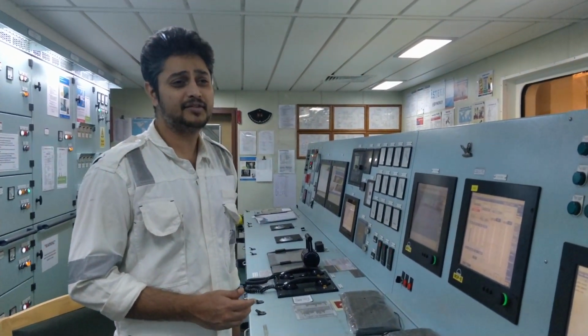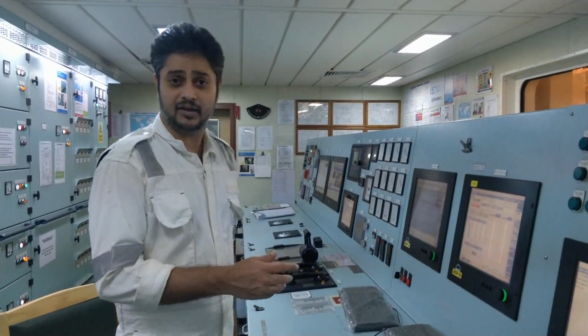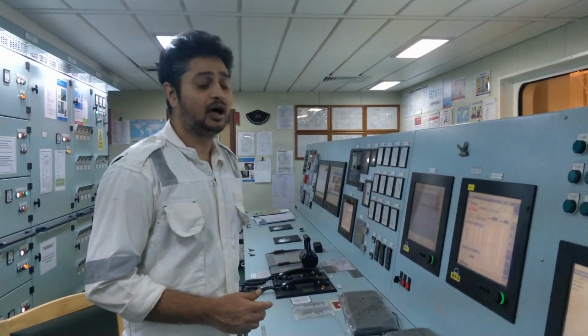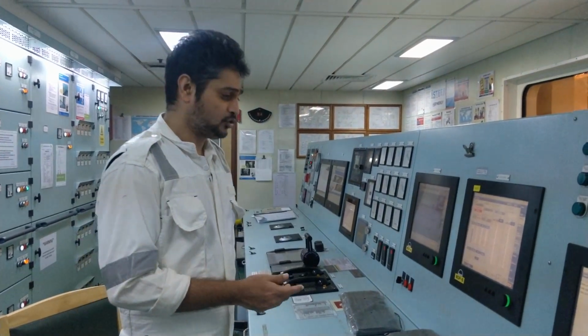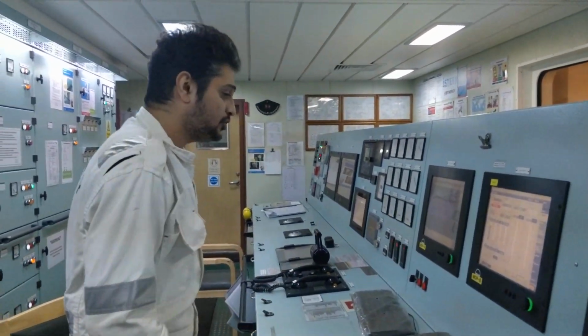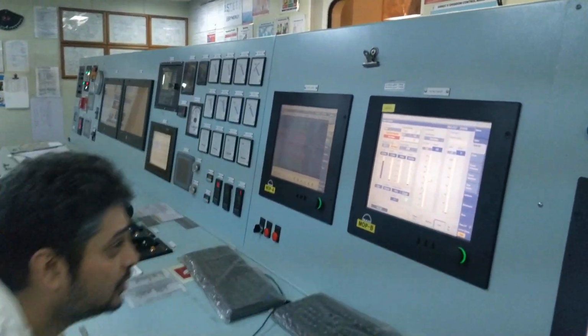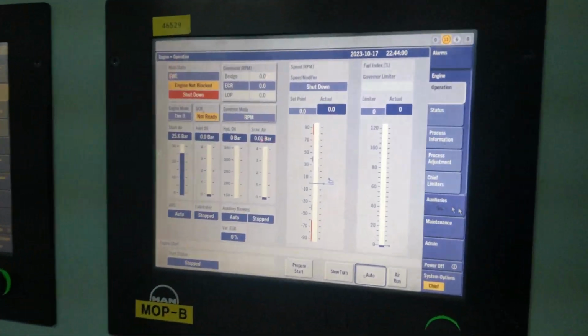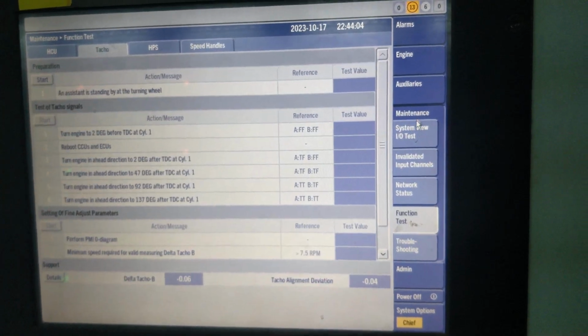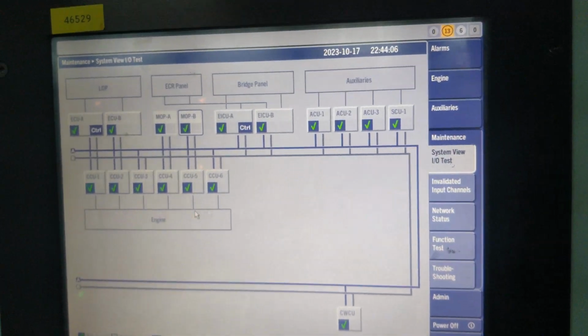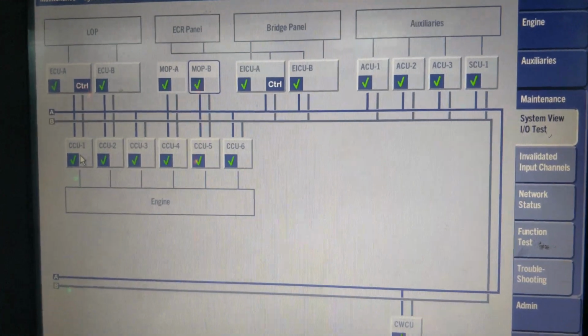First I will cover the starting air system, how the solenoid is getting energized. If you see in the MOP, the input-output channel,